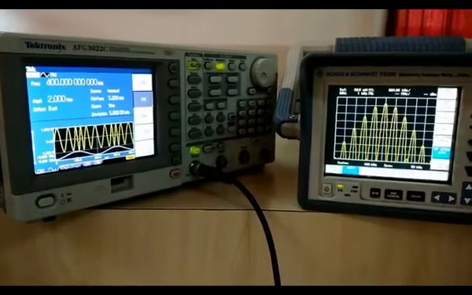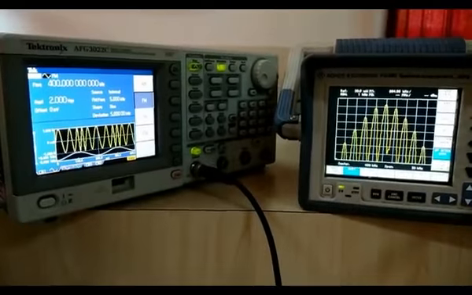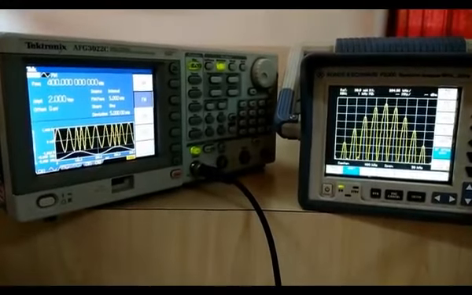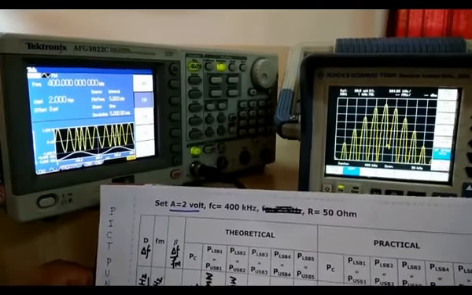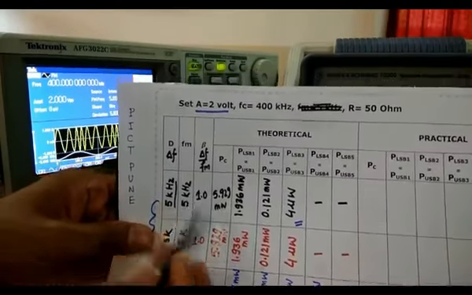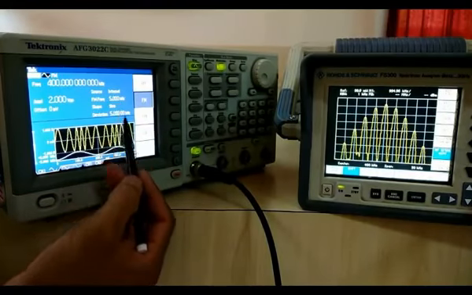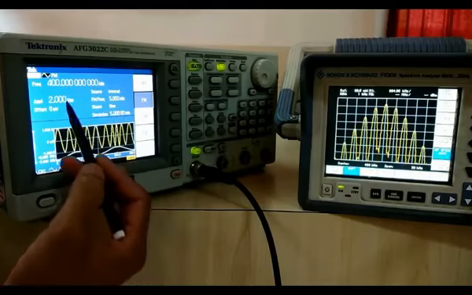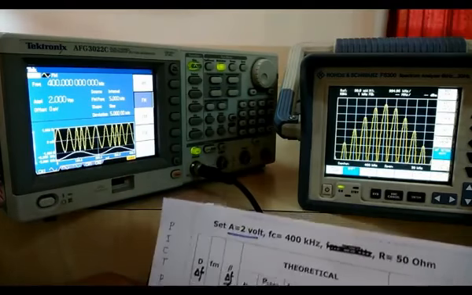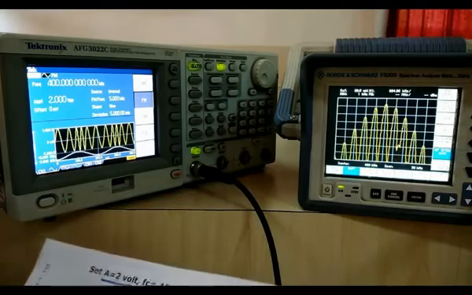So this is our setup, and we are going to generate an FM signal from this. These values I have already given there. This is my first case where del F is 5 kilohertz and FM is 5 kilohertz. We can see this one: this is 5 kilohertz message frequency, and deviation is 5 kilohertz. A is 2 volt peak to peak that we have set there, and the carrier frequency is 400 kilohertz.